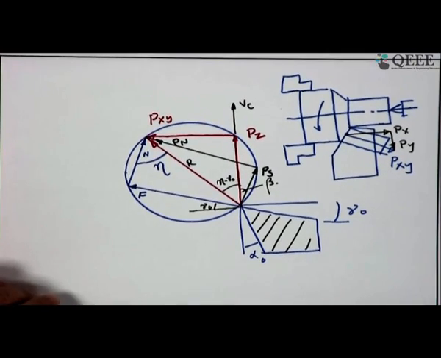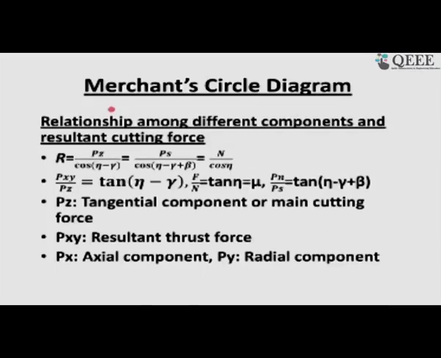So, we get to the next slide. Okay. So, friend, if you have followed the diagram, merchant circle diagram, which I have drawn in your very presence, from there you can have a look that this R is equal to Pz by cos of eta minus gamma, which is again equal to Ps by cos of eta minus gamma, and which is further equal to n by cos eta, and from there we know that